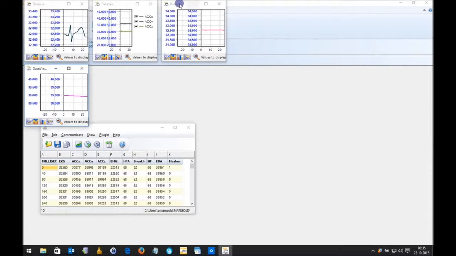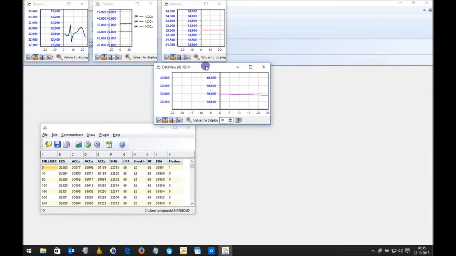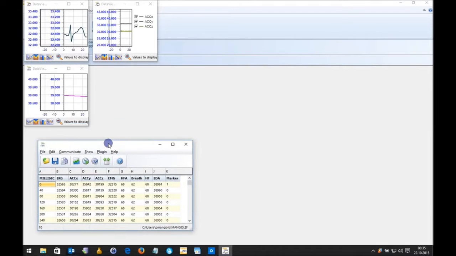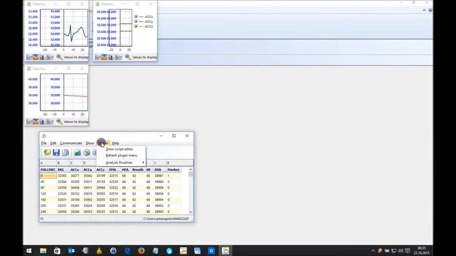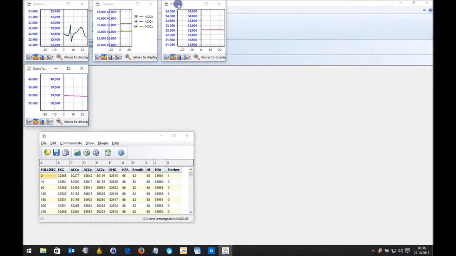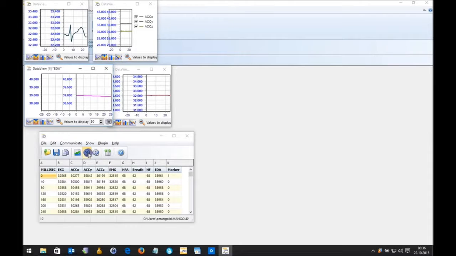I can rearrange the windows. For example, I can resize them, and can auto layout them at any time. I can go back into my settings, then I will be able to change the windows again. So here are the windows. I can simulate it, play the data,